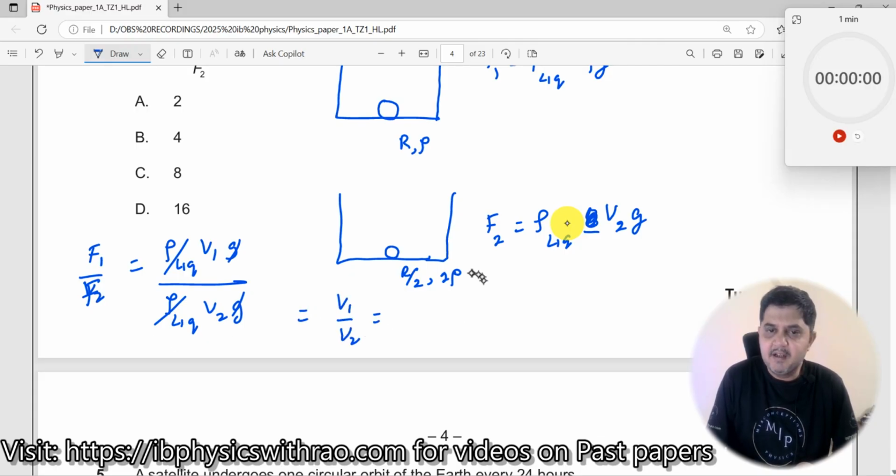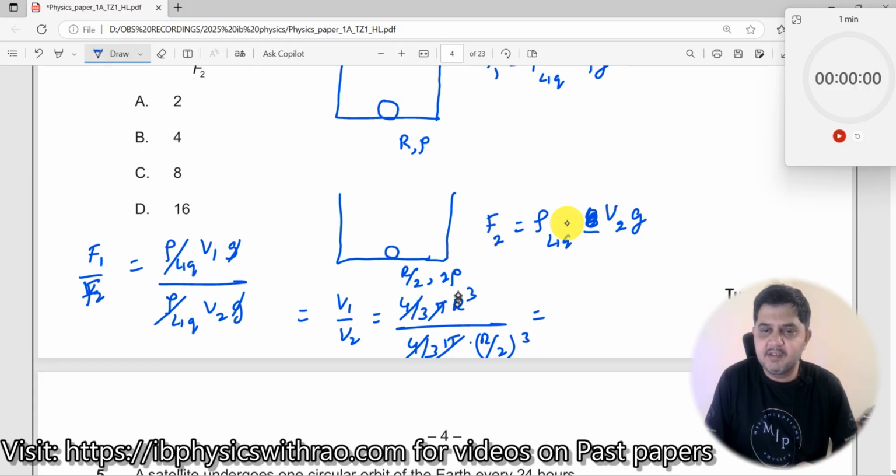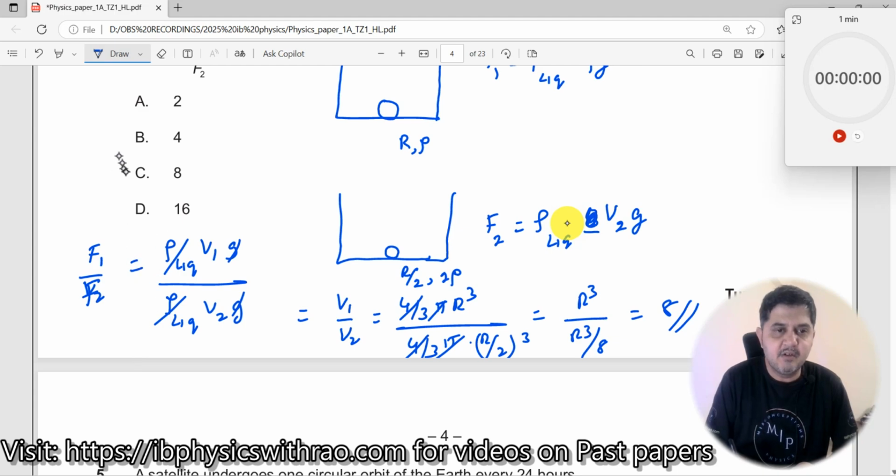Now what is V1? V1, according to this formula, is nothing but 4 by 3 pi r cube, and V2 is nothing but 4 by 3 pi into r by 2 the whole cube. So this 4 by 3 pi goes away, and thus I am left with this. If I take this ratio, I get r cube divided by r cube by 8, which should be equal to 8 over here. Thus F1 by F2 should be equal to 8, which is the right